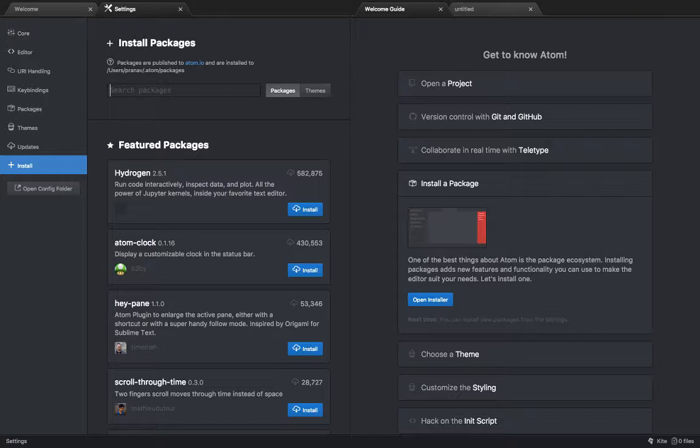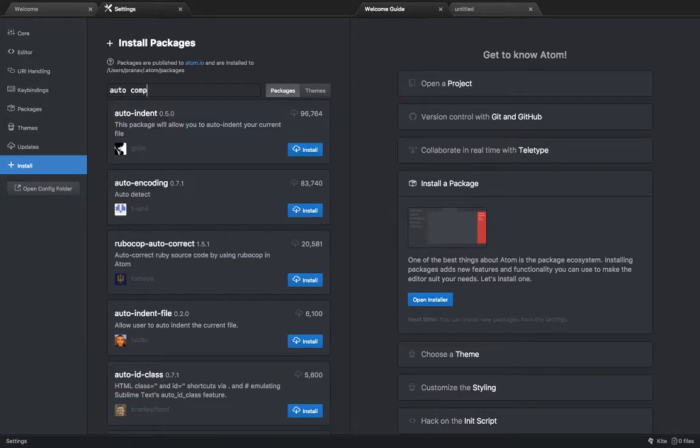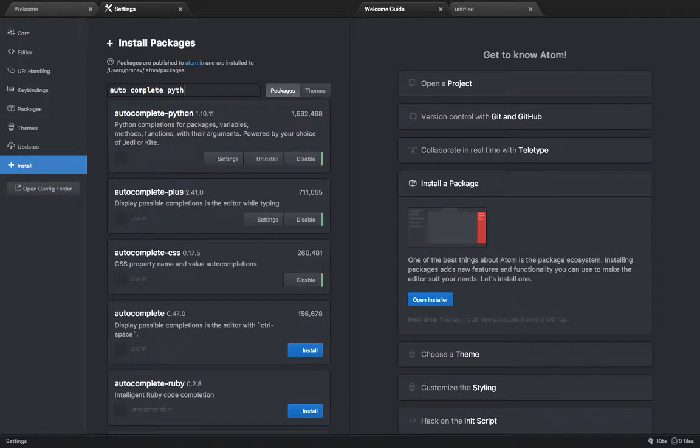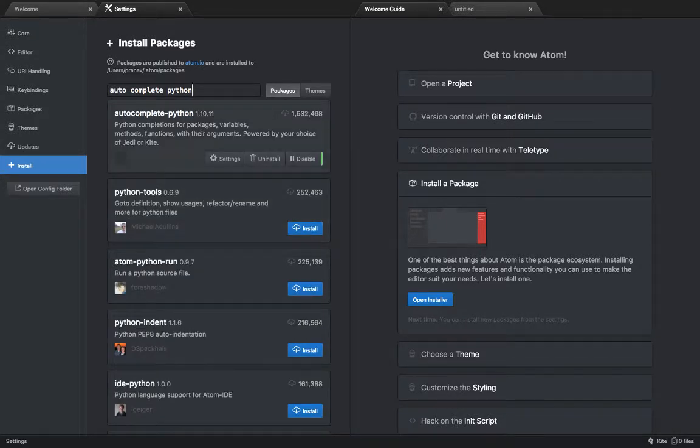For our Python video series, there's two different packages that we need to type in. The first package that we want to install is called autocomplete-python. Okay, as you guys can see, it's right here, autocomplete-python 1.10.11. As you can see, it's already installed on my computer, which is why I'm only getting the option to uninstall it. So for most of you, I'm probably guessing that you do not have this. I'd highly recommend getting this onto your computer, because this will really help you out when you're coding